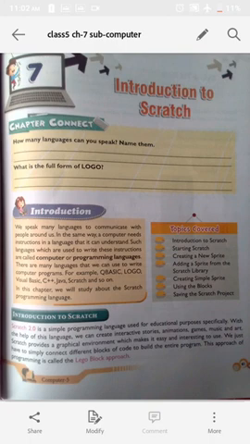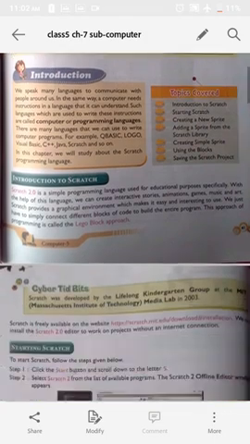Scratch provides a graphical environment which makes it easy and interesting to use. We just have to simply connect different blocks of code to build the entire program. This approach of programming is called the Lego block approach.